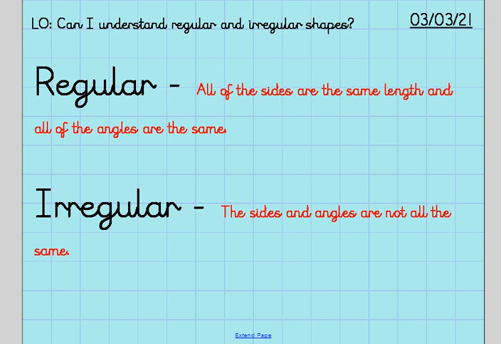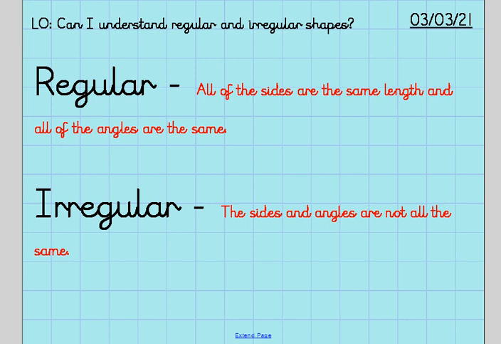So today we moved on from looking at angles to looking at how we could group some of these shapes. We had a really good discussion about shapes and how we might describe different shapes. We talked about 2D and 3D. And then we focused in on 2D shapes and said we're having a look at whether they're going to